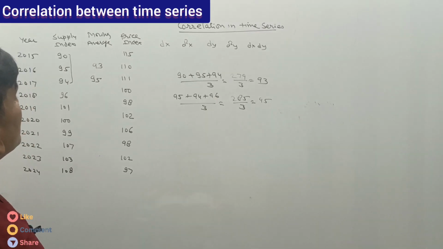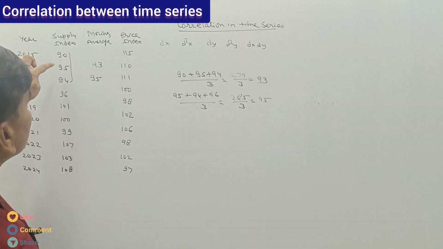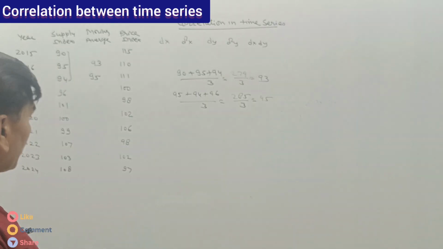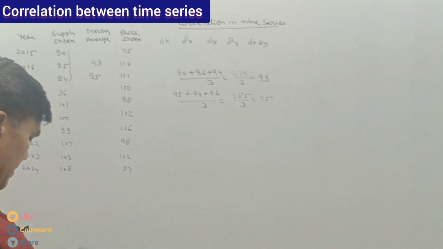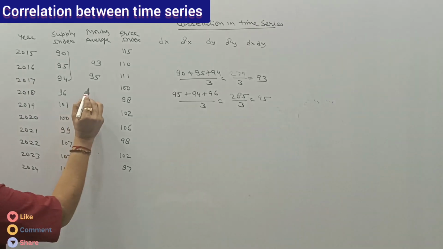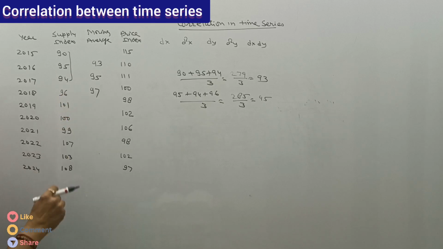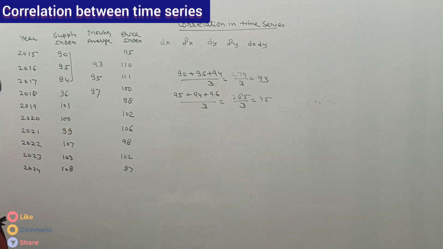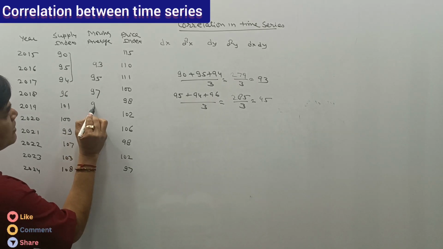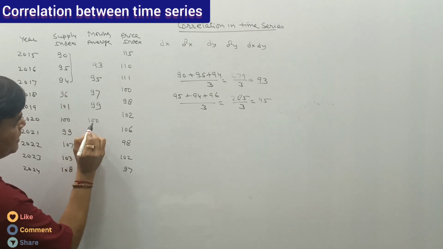So what we are doing is adding 1, 2, 3 divided by 3, then the next 1, 2, 3 divided by 3, then 94 plus 96 plus 101 divided by 3, that is 97. Similarly, for 96 plus 101 plus 100 divided by 3, that is 99. Similarly, for the next one, 300 divided by 3, this will be 100.